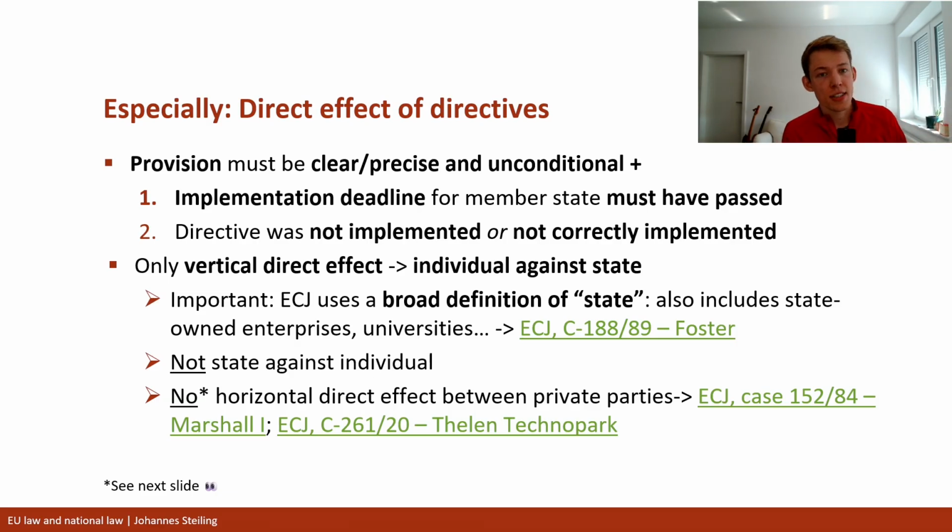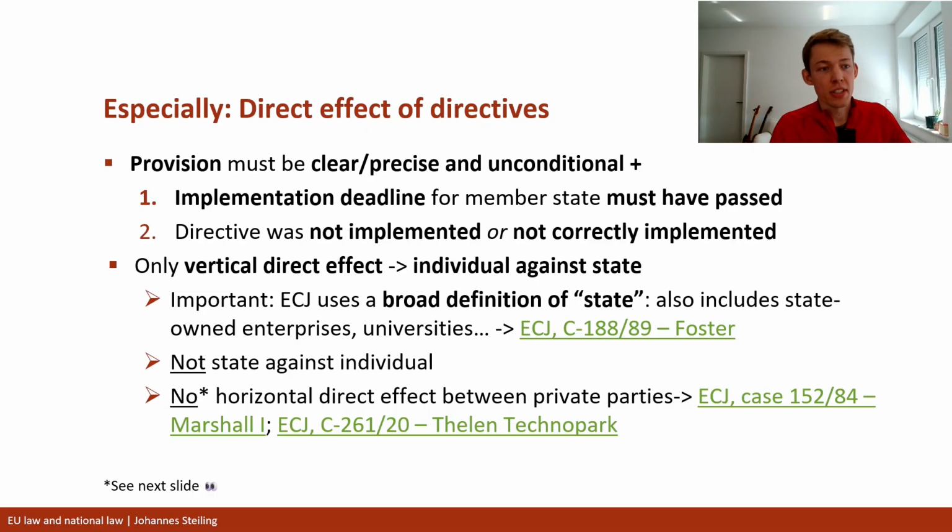And the ECJ says in these cases there can't be a direct effect, so I could not invoke the right to withdrawal from the directive. So we would apply national law. I would lose my case. And now, always keep this in mind. Now there is still Frankovic. So I could sue the state now for the damage I've received because I couldn't rely on the directive and because the state didn't implement.